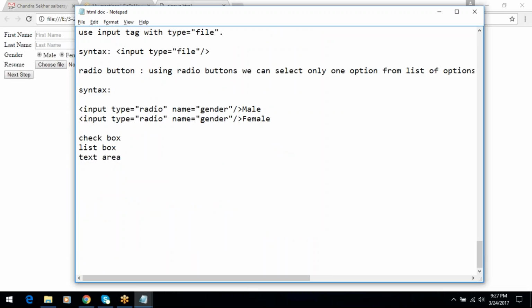And next one is checkbox. Checkboxes are used to select multiple options from list of options. Using this control you can select multiple options from list of options. Okay, syntax is